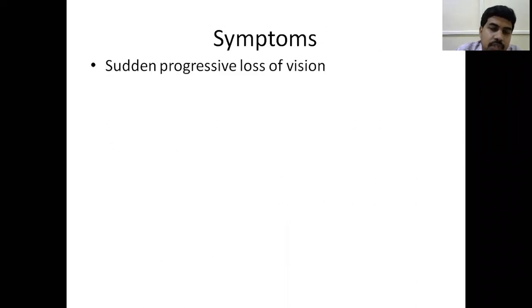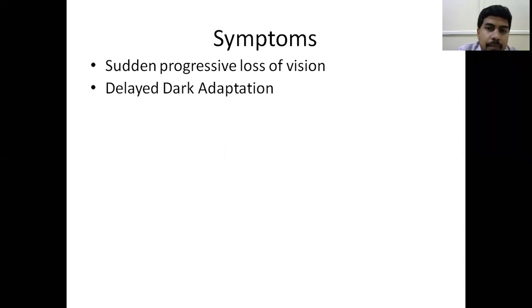So what are the symptoms of this optic neuritis? There is a sudden loss of vision which is progressive. Unlike vitreous hemorrhage, where suddenly there is a painless loss of vision, here there is a loss of vision that is sudden but progressive. That is not progressive over days, but within 24 to 48 hours almost the vision is gone, and it can go up to 1 week. So there is a sudden loss of vision which is progressive in nature. Or else, just to remember, sudden loss of vision.